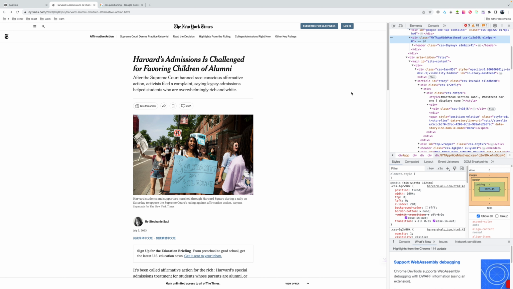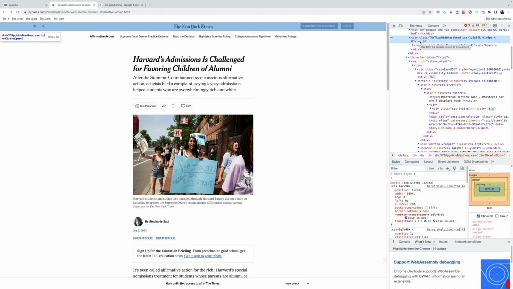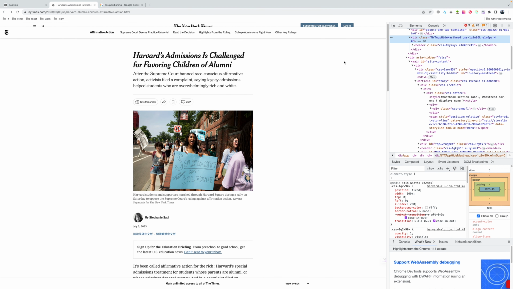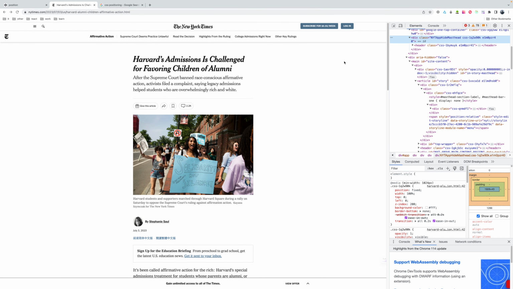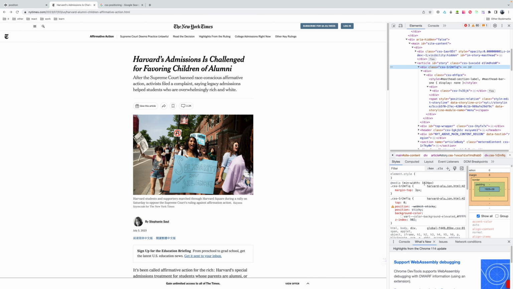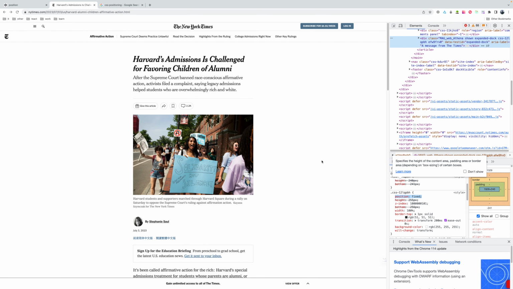Let's take a look at another example. Here the header has fixed position and z-index of 200. When you scroll, it becomes positioned underneath the next block. This is because I have used position sticky with a larger z-index. And it looks really cool. Also, they have fixed this at the bottom.